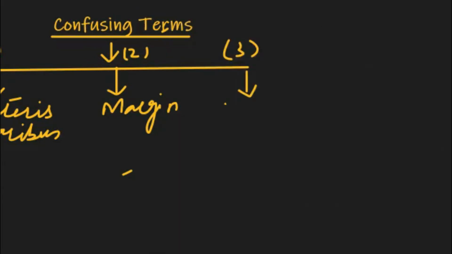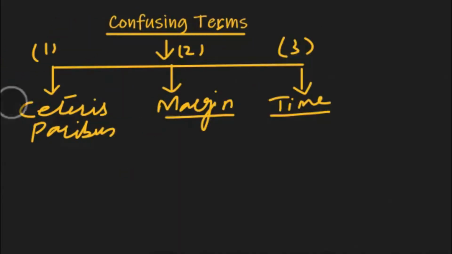Number three, time dimension. The term ceteris paribus is a Latin term which means that all factors are kept constant while we explain any kind of law or economic theory. And in economics, we have multiple laws like law of demand, law of supply, and various other laws as well. In law of demand, for example, we consider some factors which are kept constant while explaining the law. And those factors include taste and fashion, weather, population, and so many other factors as well.